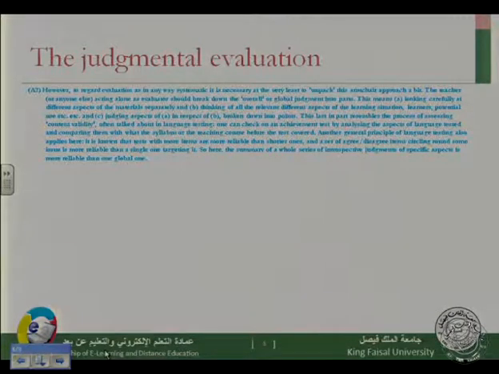Situation number 2. However, to regard evaluation as in any way systematic, it is necessary at the very least to unpack this armchair approach a bit. Well, it's like an armchair approach. There is no analysis in it. You just give a general impression about it. In situation number 2, we need to unpack all of this and look at the details of the software. The teacher or anyone else acting alone as evaluator should break down the overall or global judgment into parts. And this is what I said, you need to break it down into parts. This means looking carefully at different aspects of the materials separately, thinking of all the relevant different aspects of the learning situation, learners, potential use, etc., judging aspects of